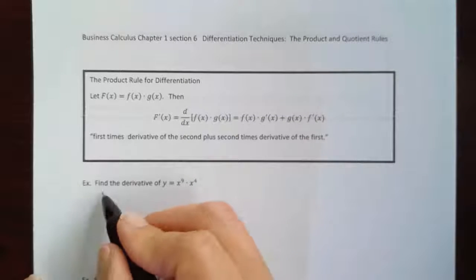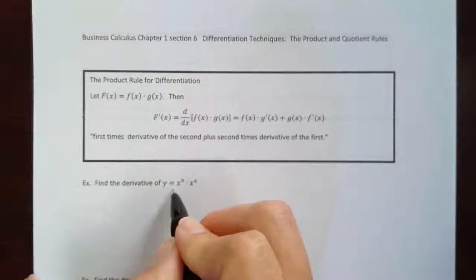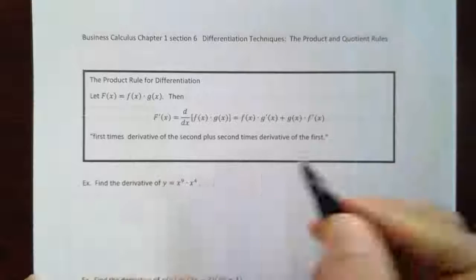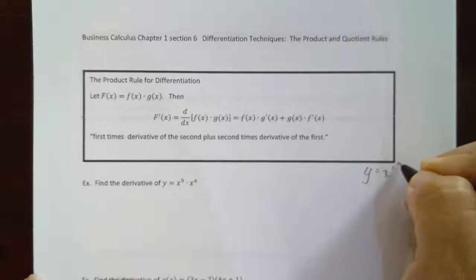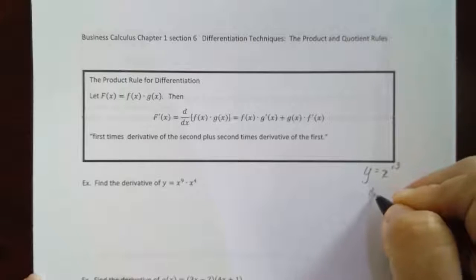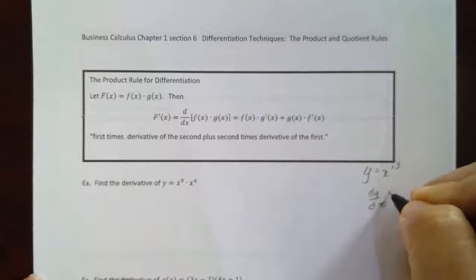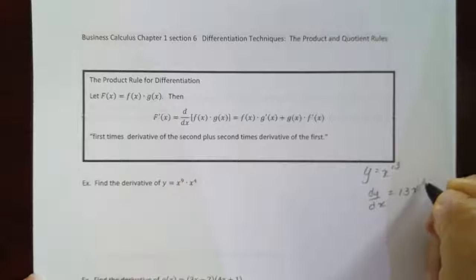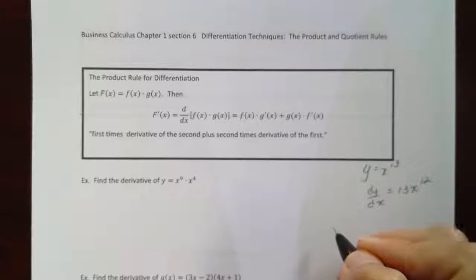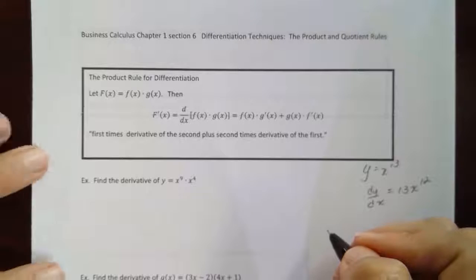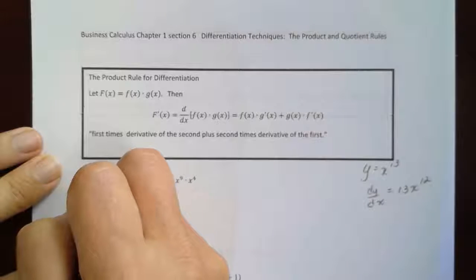For this particular example, we have y is equal to x to the 9th times x to the 4th. It's easy to simplify this. It would be x to the 13th power, and then the derivative of that, dy/dx, would be 13x to the 12th using the power rule. But let's use the product rule and see if we actually come out to 13x to the 12th. So dy/dx,